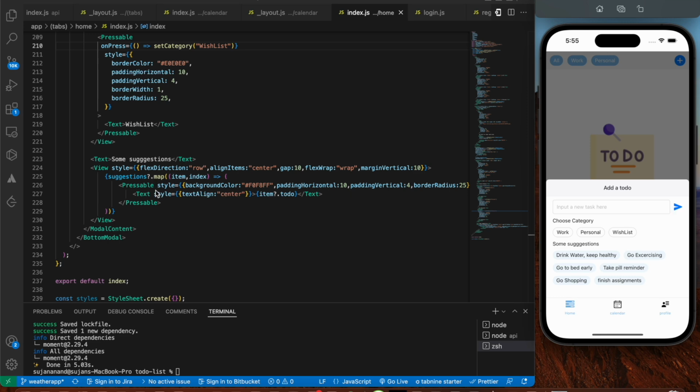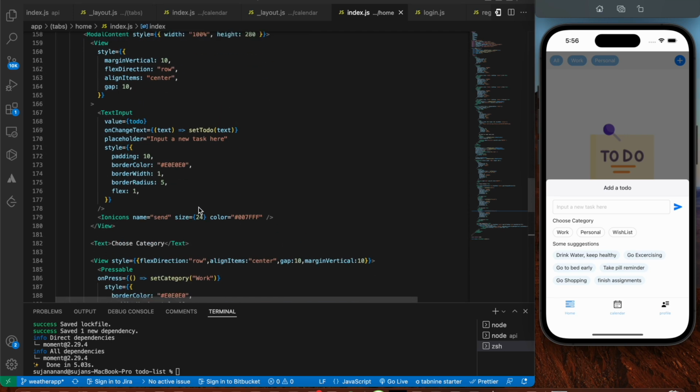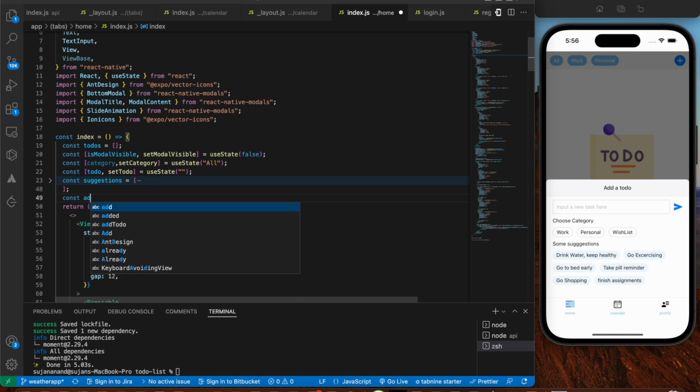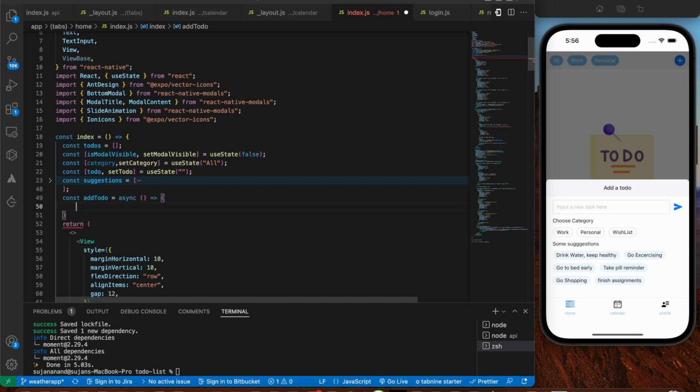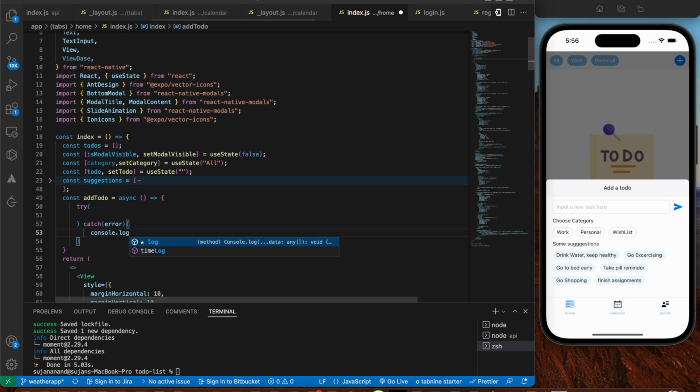Alright, so let's save the file, and then let's initialize the onPress function on this particular icon, that is the send icon, that is this one. So here I'm going to say onPress equals addTodo. So let's define this function at the top. So I'm going to say const addTodo equals an async function. So here basically I'm going to say try and catch block, so catch of error,